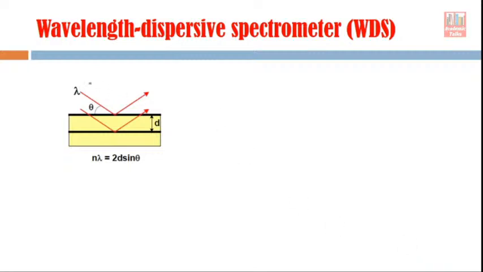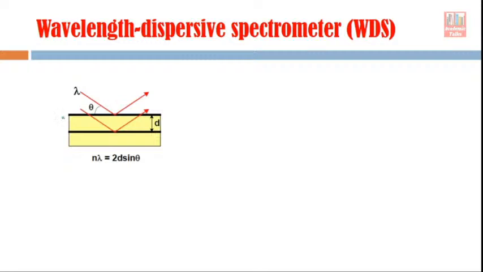Now the wavelength dispersive spectrometer. In the earlier slide you have seen the energy dispersive spectrometer type detector arrangement for the X-rays. Now we will see the wavelength dispersive spectrometer. You know that the X-rays which come out of the sample material because of interaction with the electron beam have different wavelengths, because these X-rays originate from different kinds of transitions. So we must identify the wavelength of the X-rays, and for that we use this type of crystal arrangement.